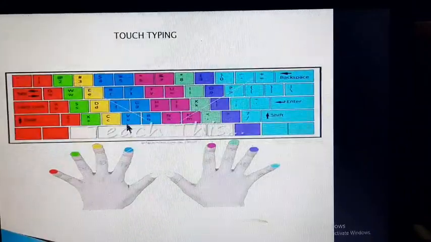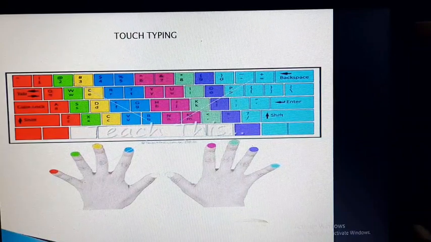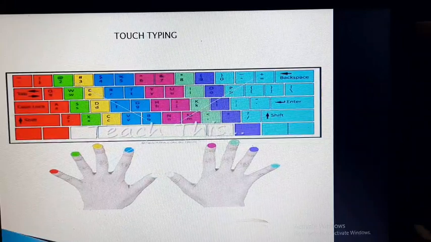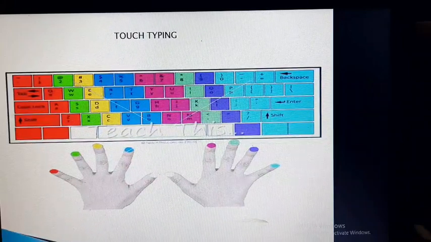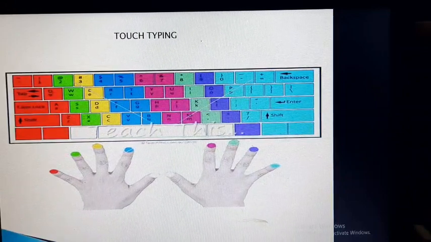Next topic is touch typing. It is a technique of pressing keys for typing text without looking at the keyboard keys.